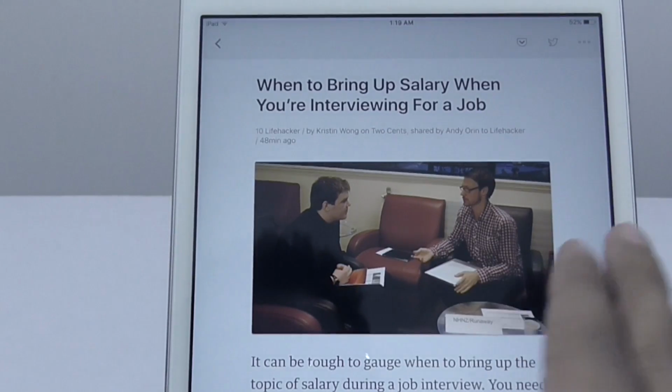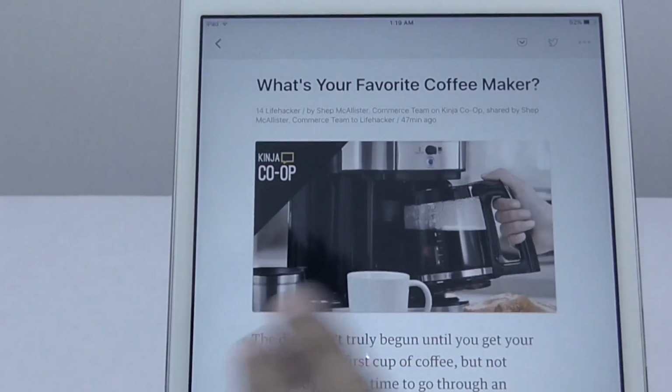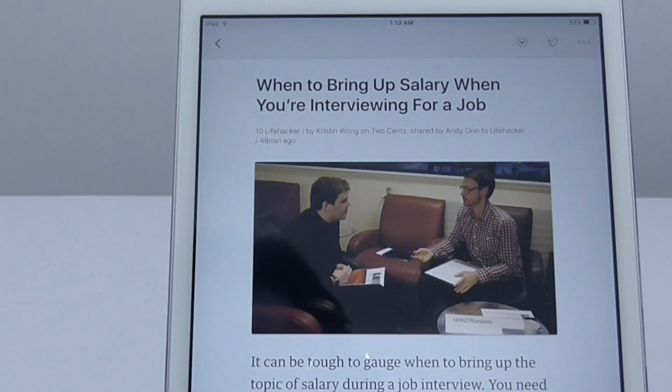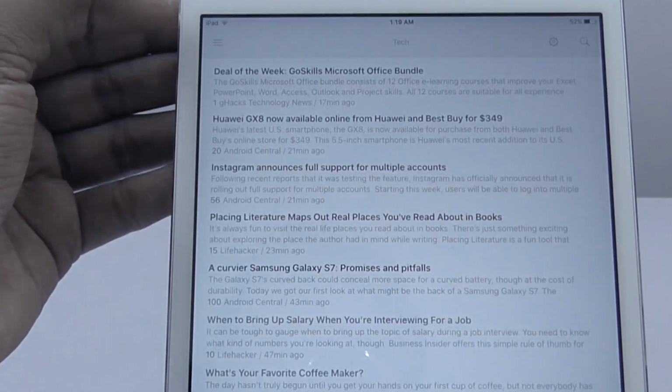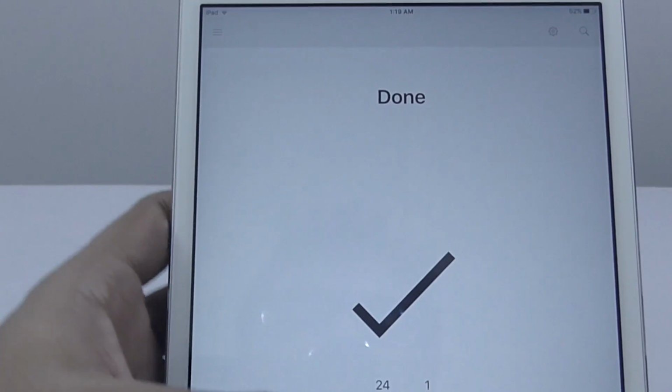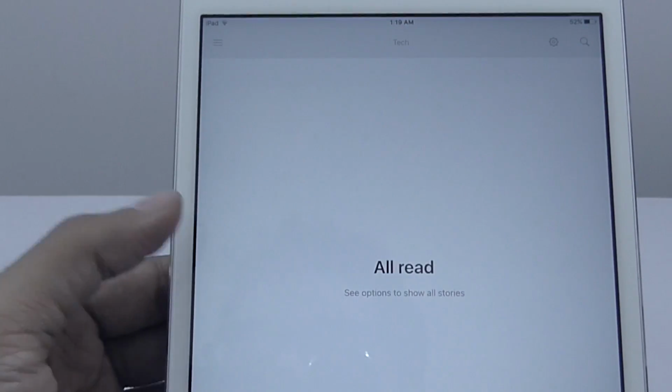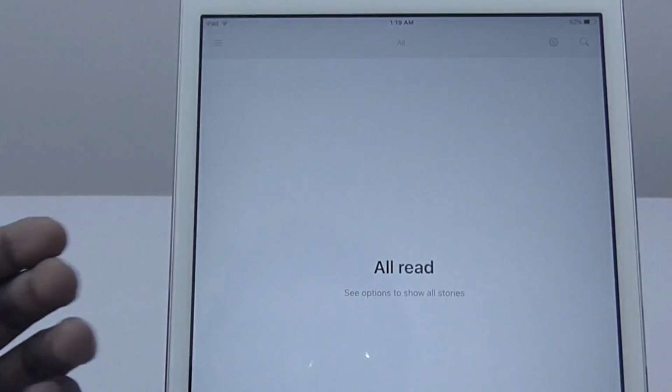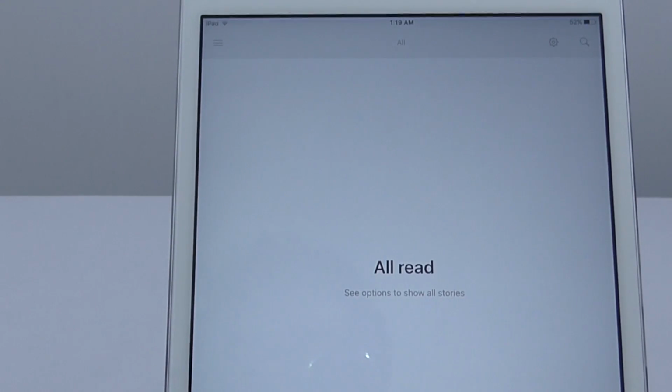By the way, you can also read the previous and next article by swiping the screen left or right, just like you flip the pages of a physical book, which is kind of interesting. Now, once you have gone through all your lists, then simply mark them as read. Another important thing is you don't have to read every article. For instance, in my typical day, I get 30 to 50 articles in my Feedly inbox, and there is no way I can read that. So usually I just scan the list and only read the important stuff.